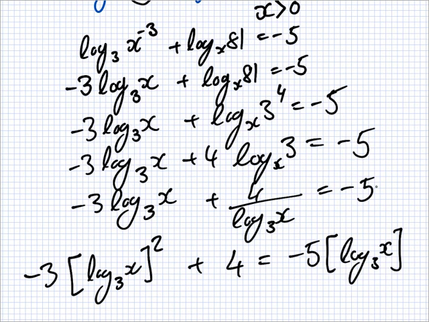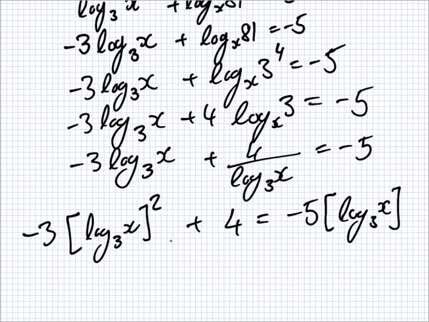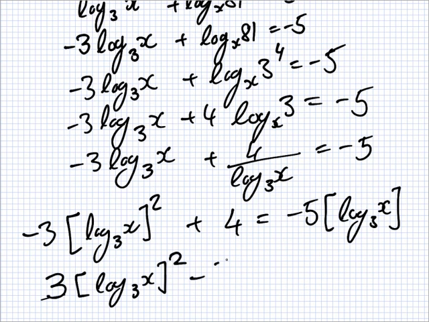I'll take everything to the right now. So on the right I'll have 3 bracket log 3x squared minus 5 bracket log 3x minus 4 equals 0, which amounts to what you were